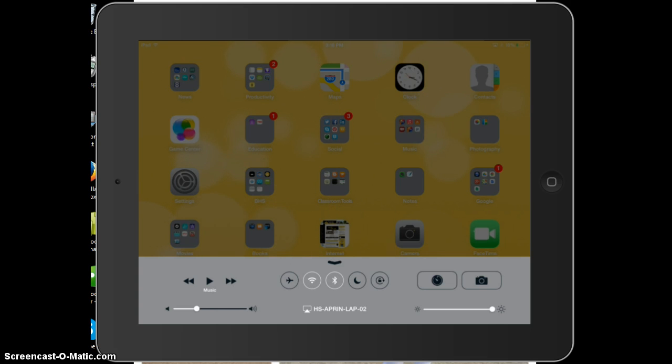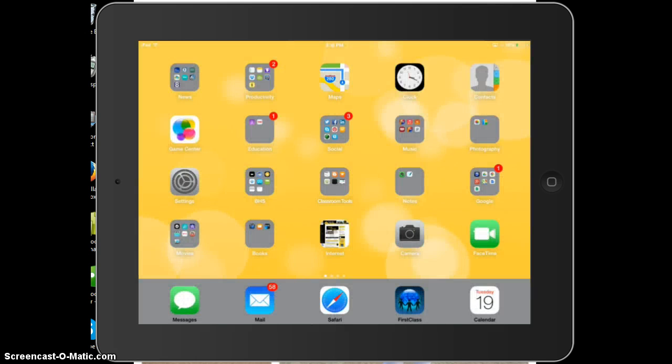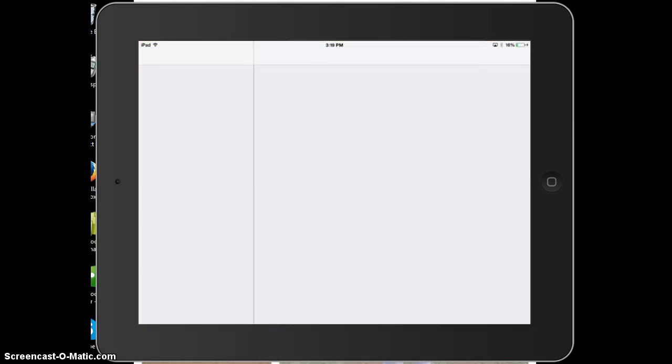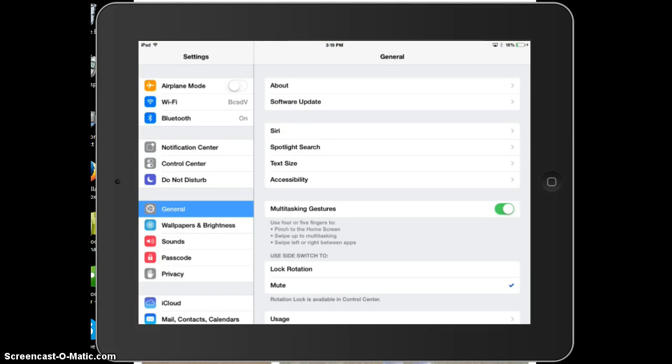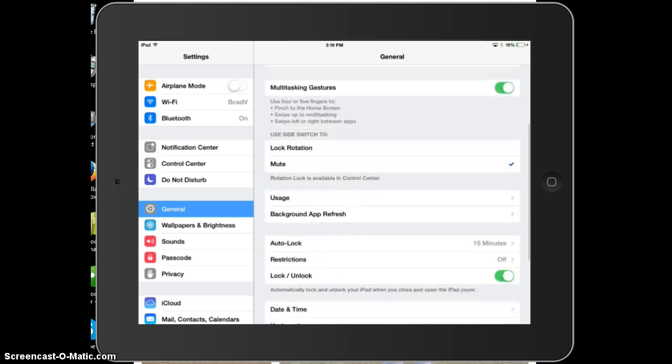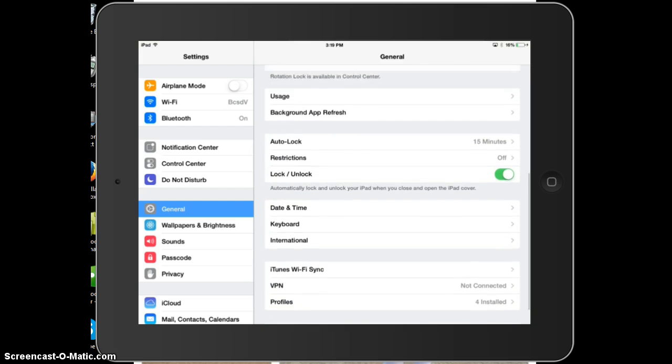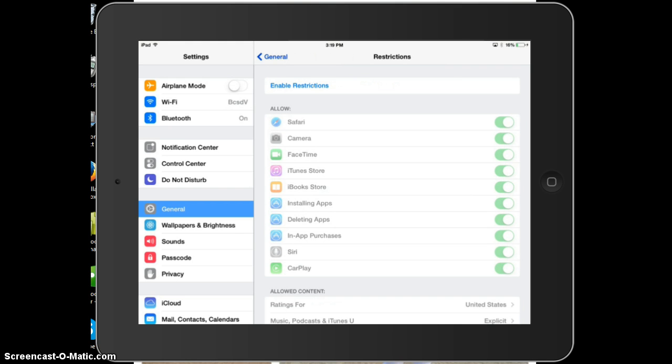So the first thing I want to show you on your iPad is if you go onto the iPad and you find your settings tab, which on mine is over here on the left hand side. You can see I just grayed it here a little bit. If you go into the settings, under the general tabs, you can see here on the left hand side I have general selected. If you scroll all the way down, you're going to see restrictions here about the halfway mark. If you click on restrictions, it will take you into the restrictions part of the settings where you're able to